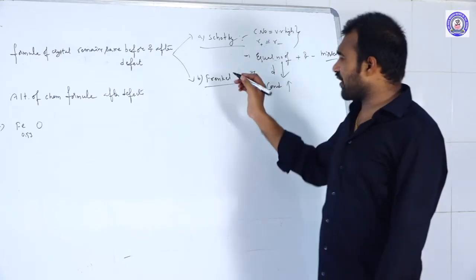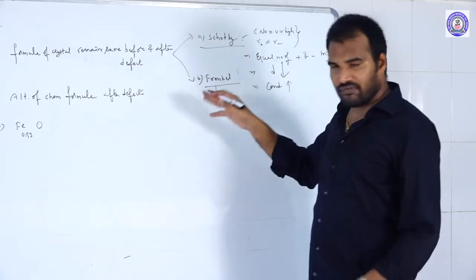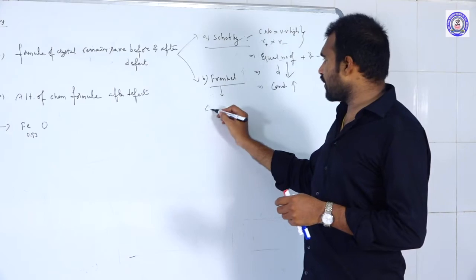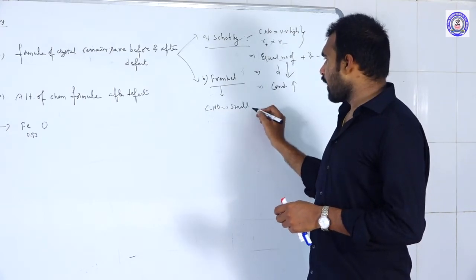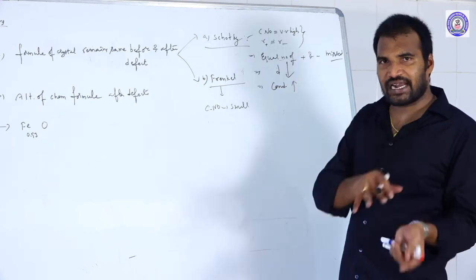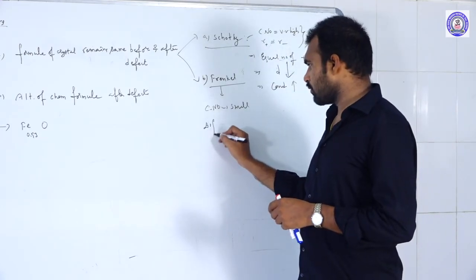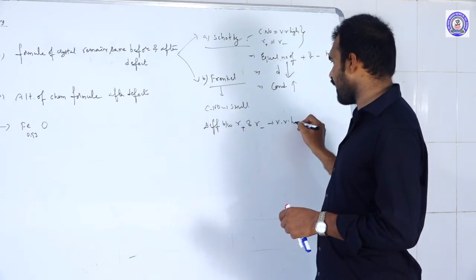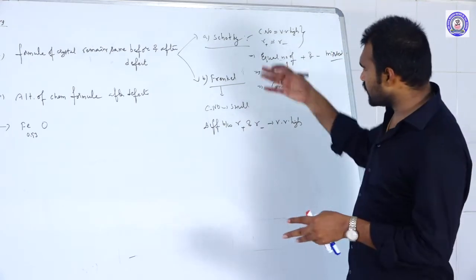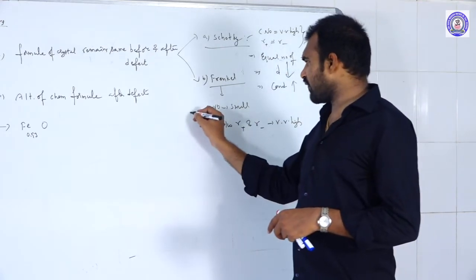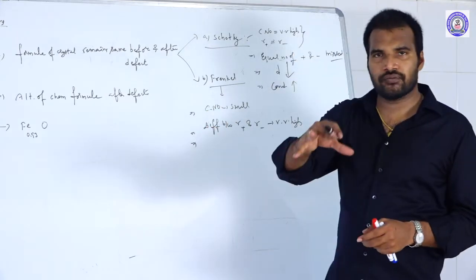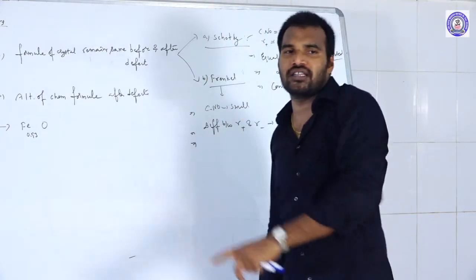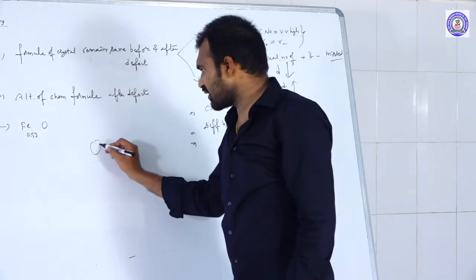Clear? Next, move to Frenkel defects. Frenkel defects are quite the reverse of Schottky defects. They occur when the coordination number is small and there is a huge difference between the cation and anion, so the difference between the radius of cation and radius of anion is very high. In that case we observe Frenkel defects. What exactly are Frenkel defects? They occur when some ions are displaced from their original place into other places. For example, this is a crystal.